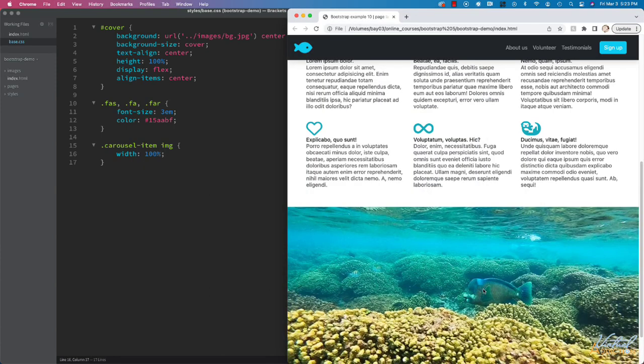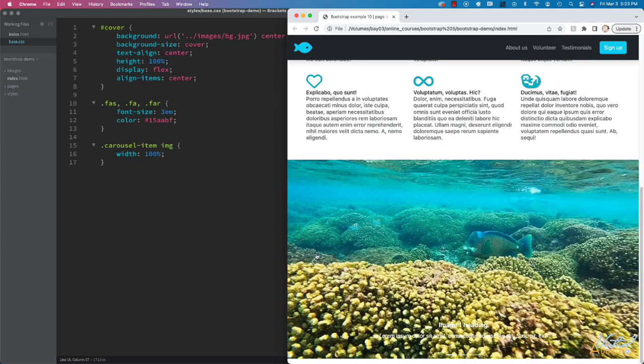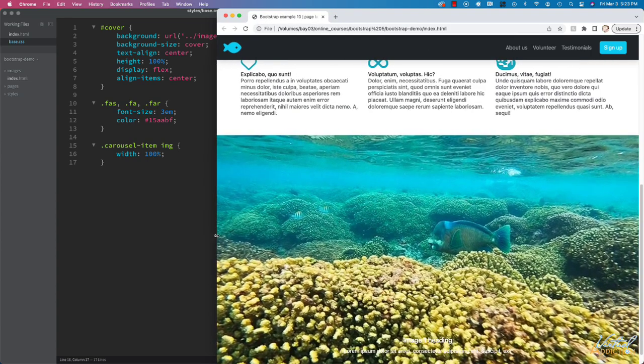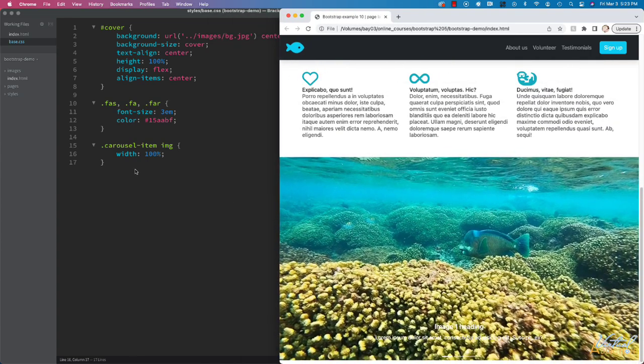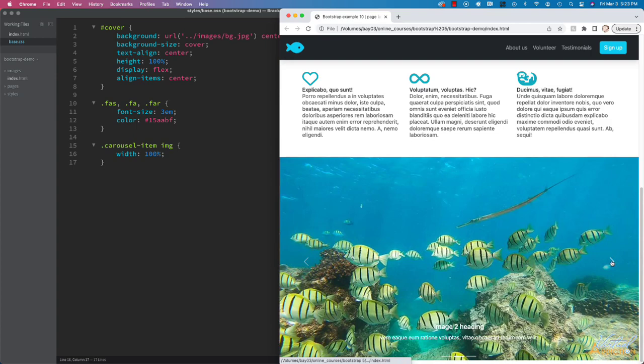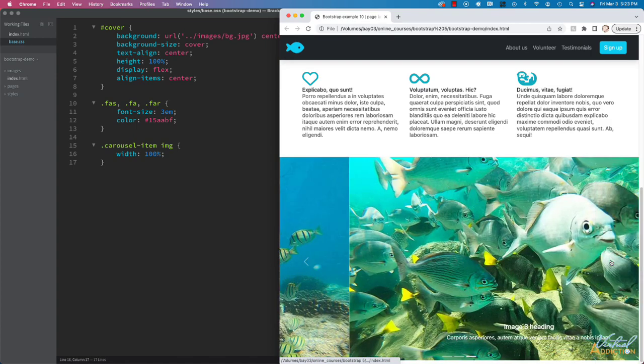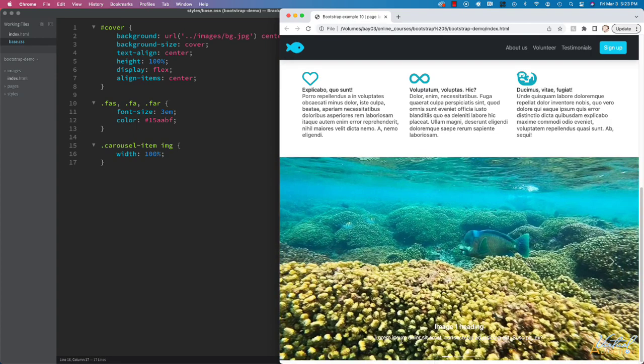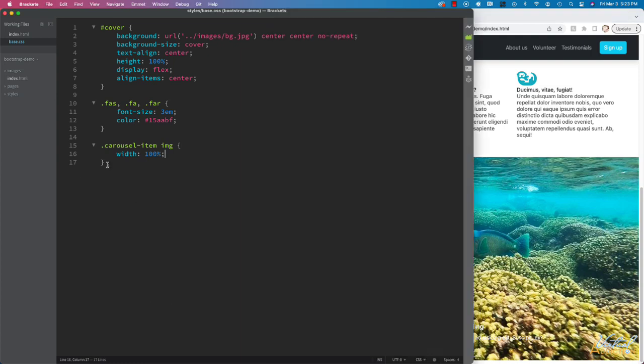If I refresh now, you can see how my image is taking up the entire width, no matter what size my screen is, so that looks much better. And then I want my captions to be a little bit easier to read. Depending on the image that I have, the captions aren't always completely legible, especially images where it's a little bit lighter at the bottom. So in order to restyle those, I'm going to use